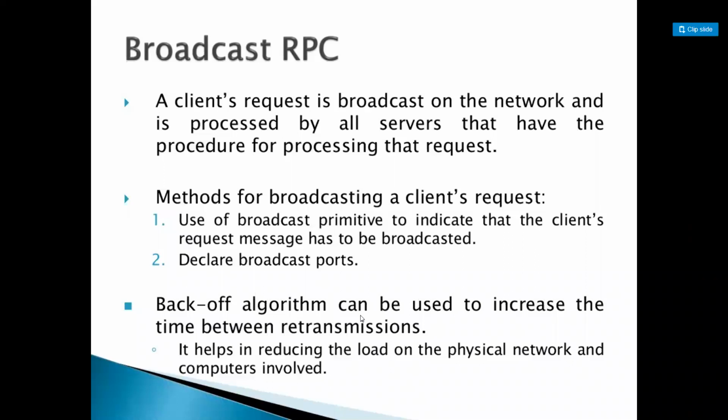Next, declare broadcast ports. Port is nothing but the address. In the transport layer, the address is the port number; in the network layer, the address is the IP address. We need to declare the broadcast port, that is, for which port we need to send the request.